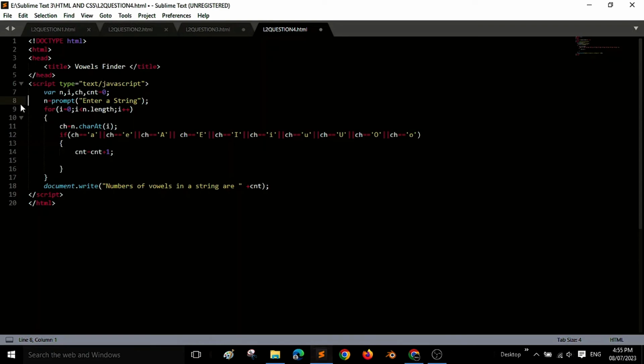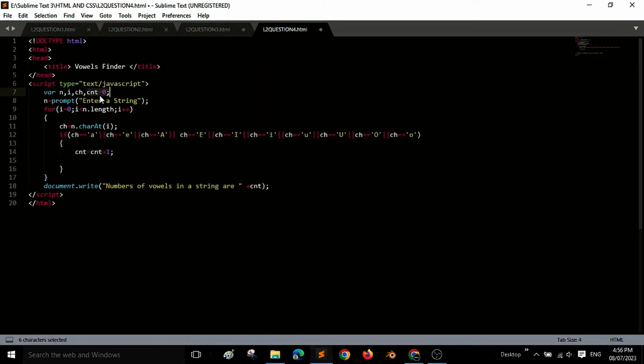So now you might be wondering how this vowel counting works. Let's talk about that. The code initializes a counter variable cnt to 0. You might be able to see cnt, right? This is a variable which is initialized to 0. The variable cnt is used to count the number of vowels. The pure work of the cnt variable is to count the number of vowels in a sentence or in the alphabet, anything.